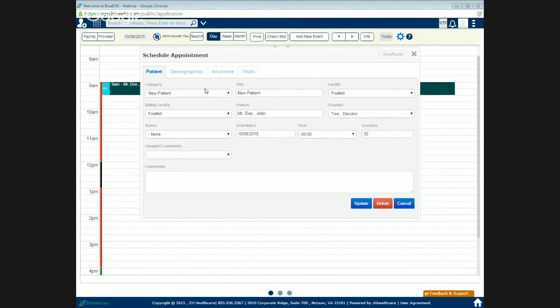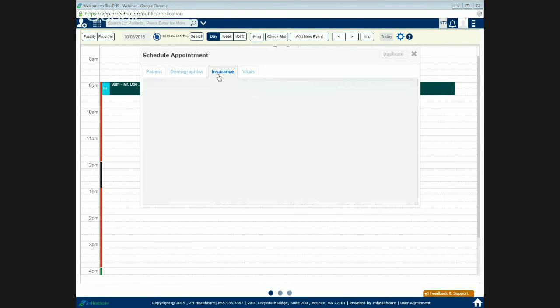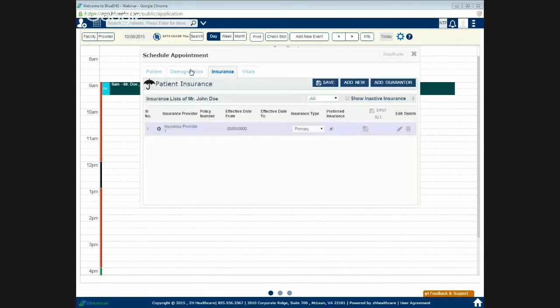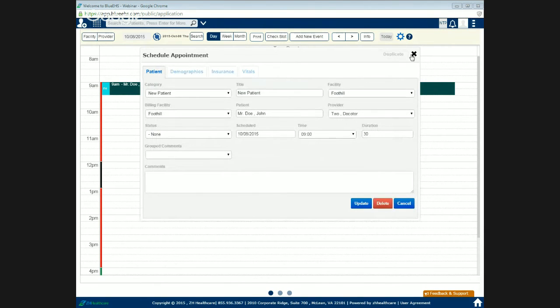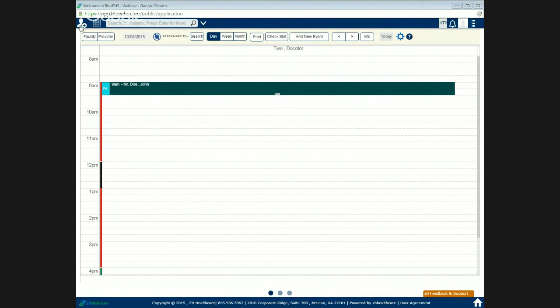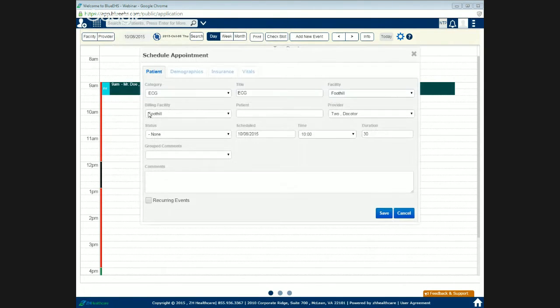So just while you book the appointment, you can also view the screens from here which are pertinent to that patient. Now, if there is a patient that is not there in the clinic who calls in and asks for an appointment, you have this plus button. You can click on this to create a new patient. And then once you have created the new patient, you can come back here and again